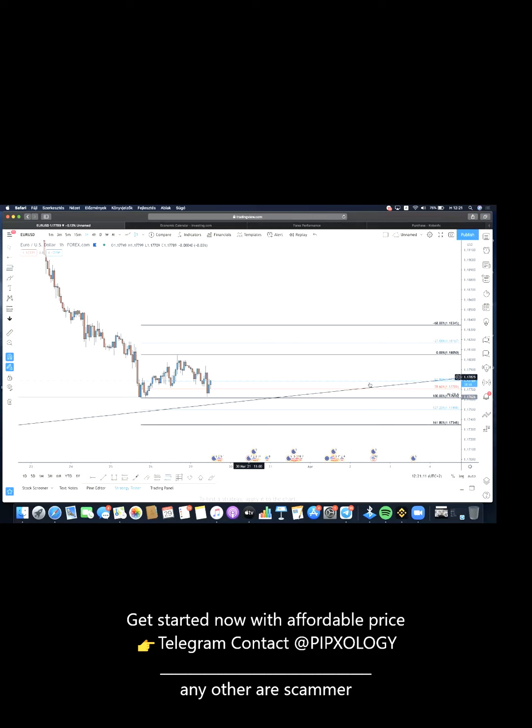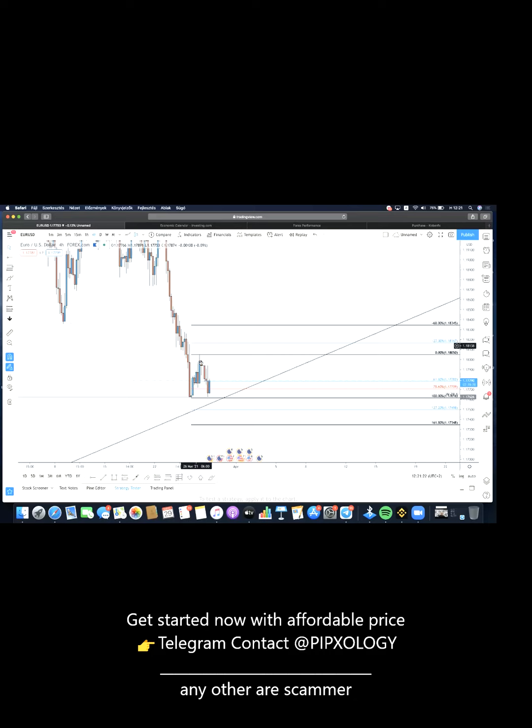If I check this Fibo, it looks like the price is respecting the 78.60. So if it pushes higher and breaks the last lower high level and fails to create a new lower low,